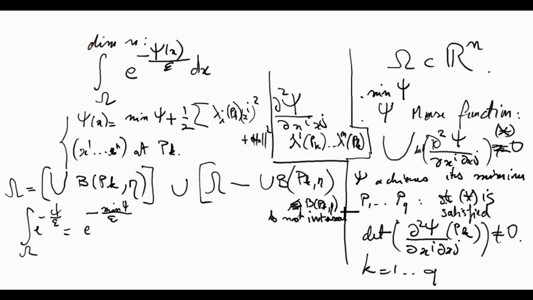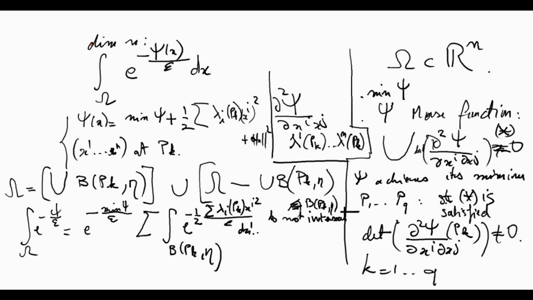So now we can write the integral over this ensemble as the sum of the integrals over B(p_k, eta) of exponential, where now we can replace psi minus the minimum by 1/2 of the sum of lambda_i(p_k) x_i squared, divided by epsilon, dx_1 ... dx_n,